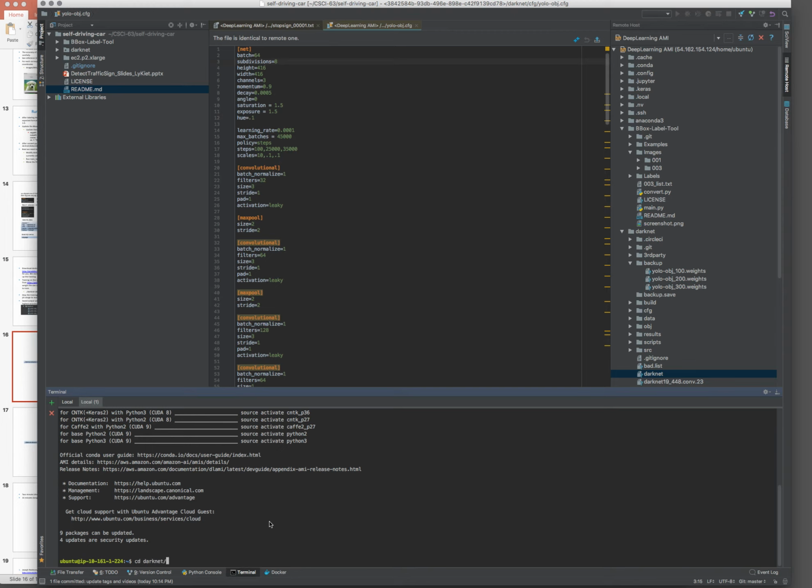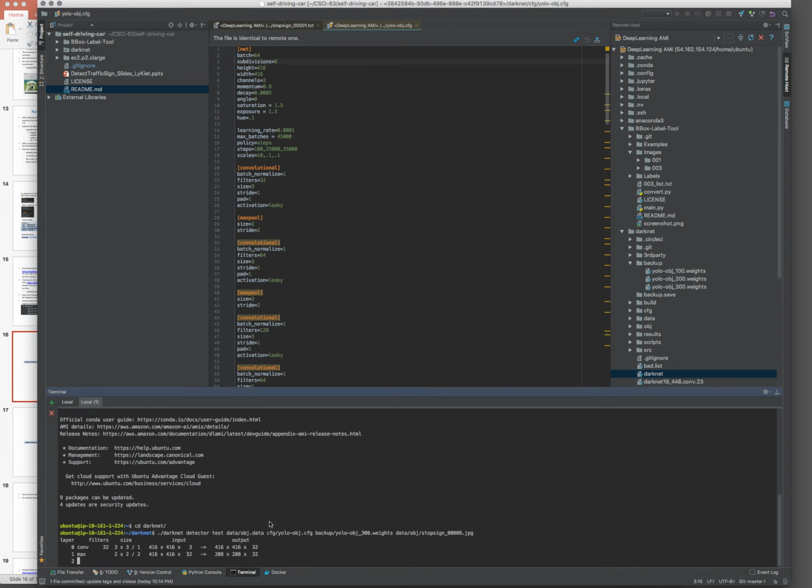So we go here, .net, and we paste the command,